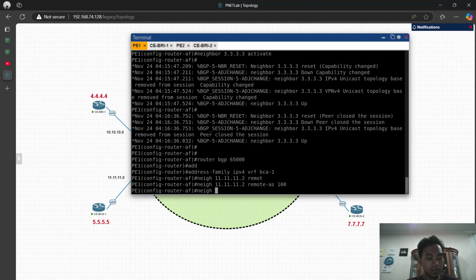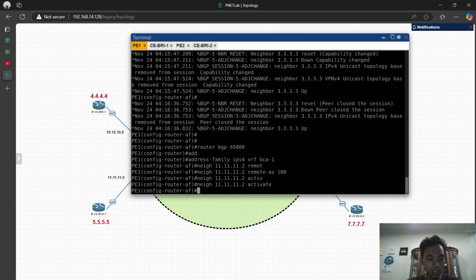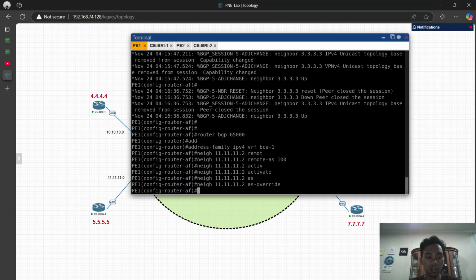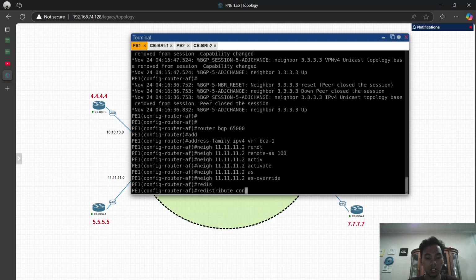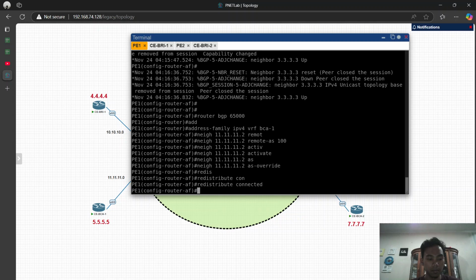So neighbor 11.11.11.2 activate, and also neighbor 11.11.11.2 as override, and then redistribute connected.